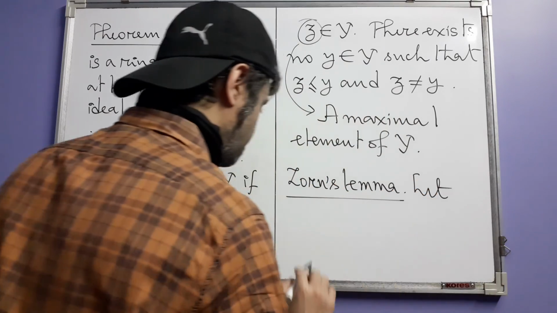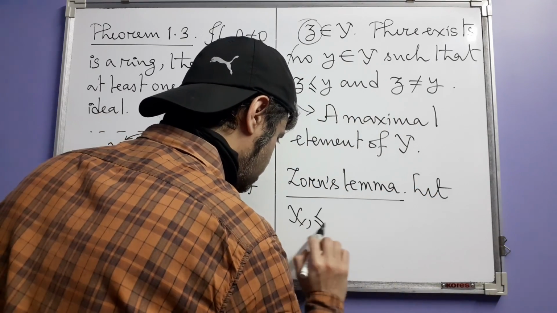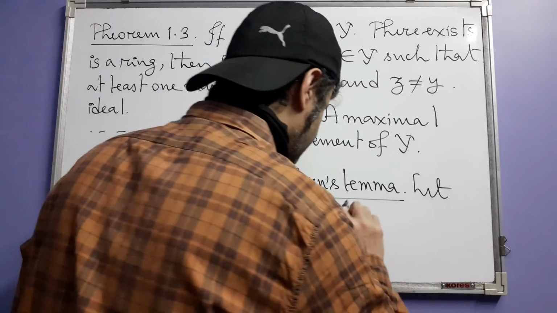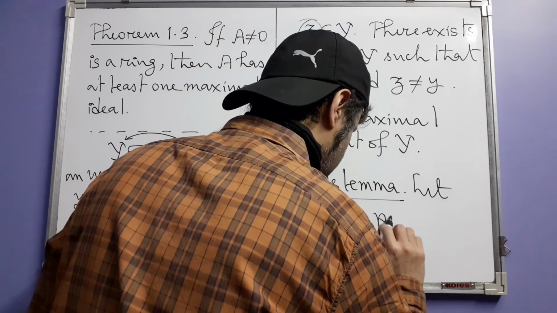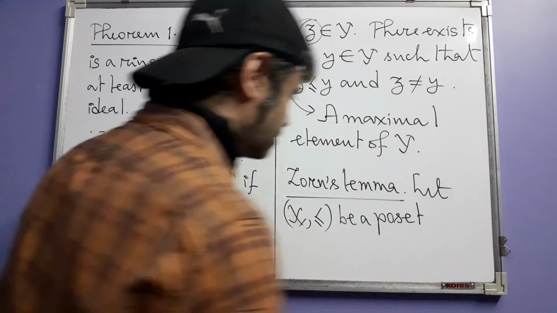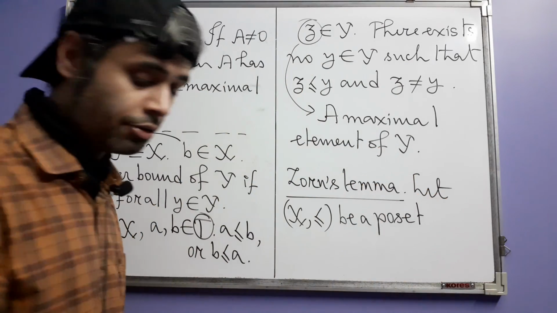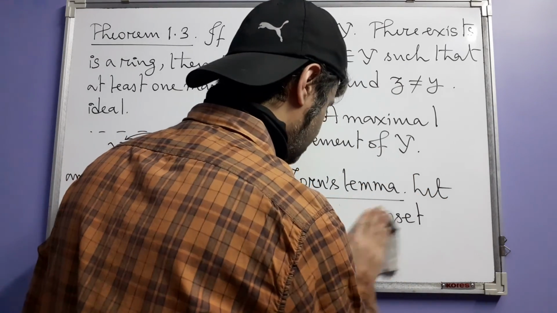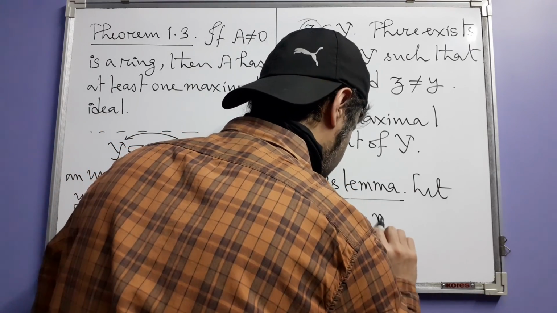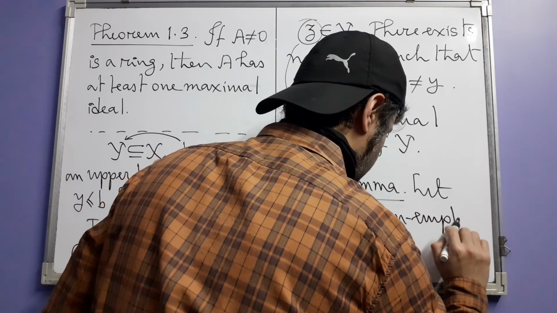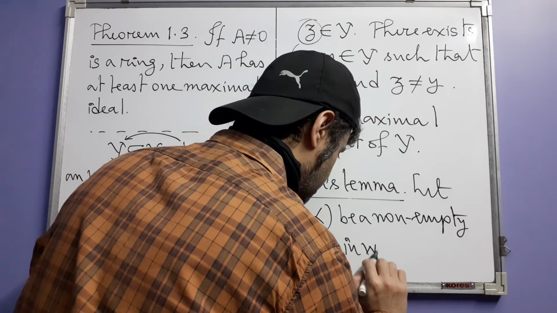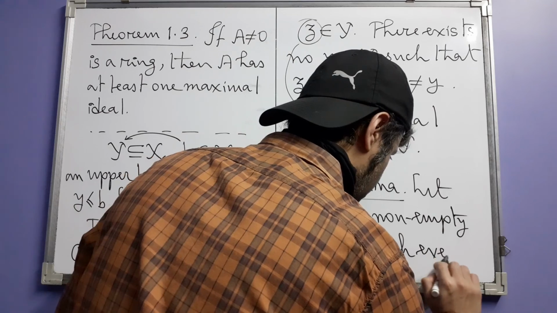Let this, so we do not have to write this all the time, every time, but simply I am writing, let this be a partially ordered set, or poset, such that, okay, we need non-emptiness also here. Be a non-empty poset in which